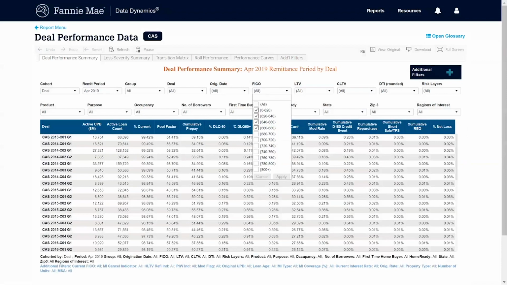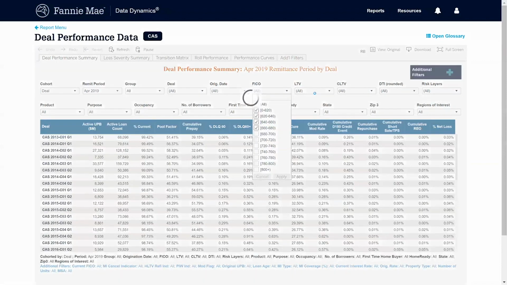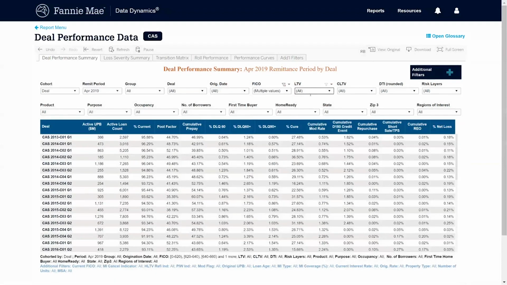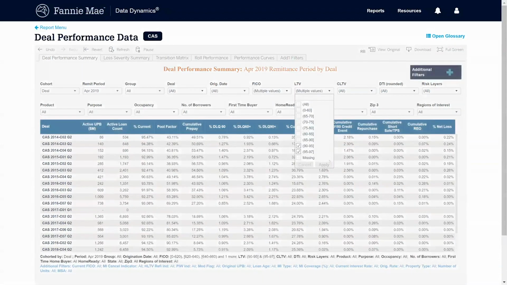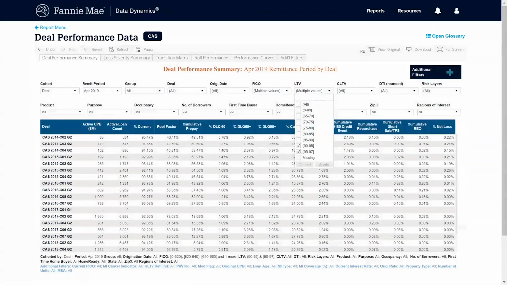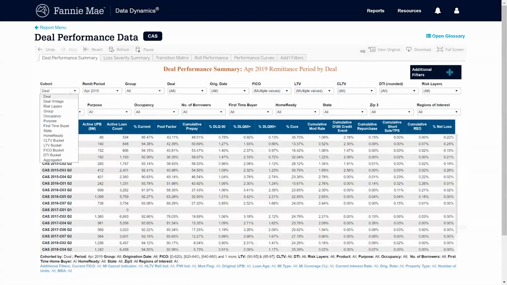You'll just have to click Apply after each filter, and the data will reaggregate based on that. And for the case of high LTV, we'll go with anything greater than 90 LTV. After you click Apply, the dashboard will then update to reflect the new metrics based on that selected criteria. Now, assume you want to benchmark this pre-selected criteria across deal vintages rather than on a deal-by-deal basis. What you do is go into the cohort filter, select deal vintage,